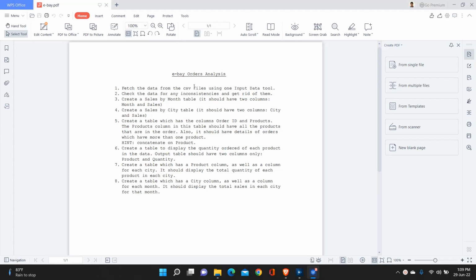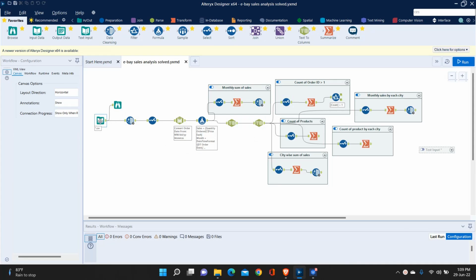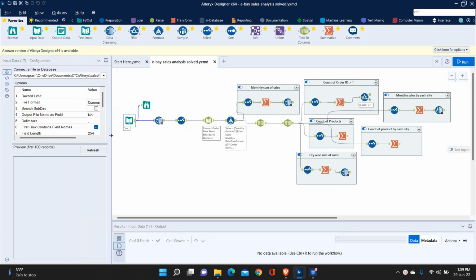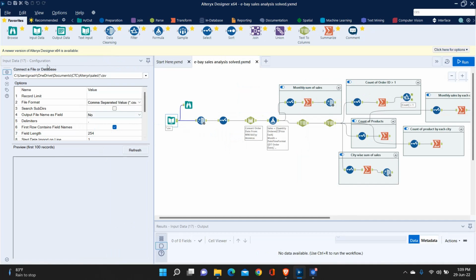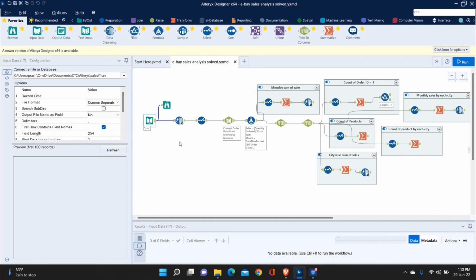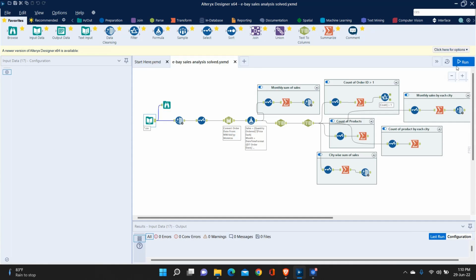First of all, we have to fetch the CSV using our input data tool. Actually, what we have to do is input all the files at once. So we will go to the destination path and use star.csv, meaning all files that are CSV will get imported into this. So we can import multiple files at once using this method. And as you can see, if I run this,